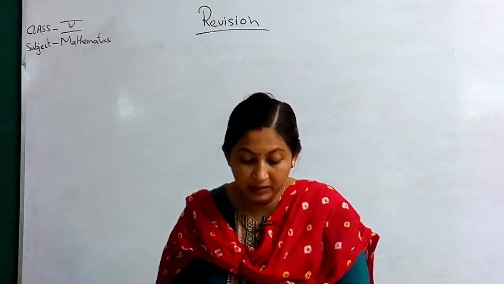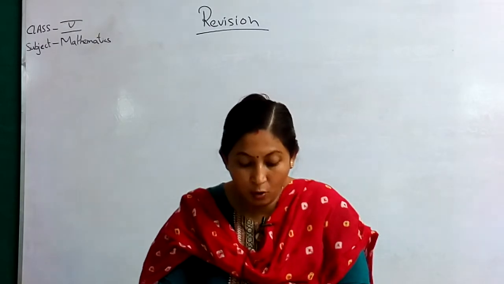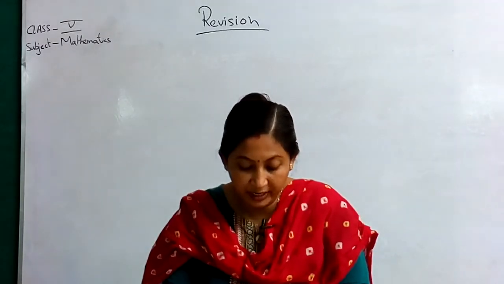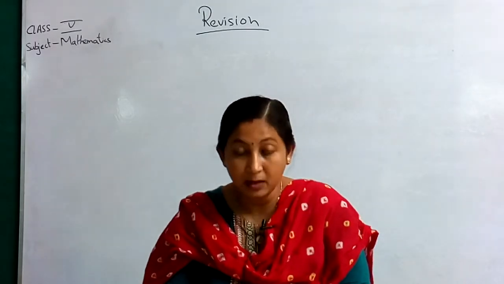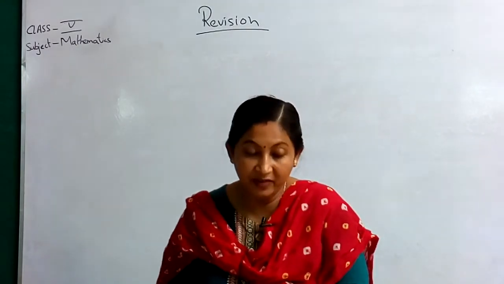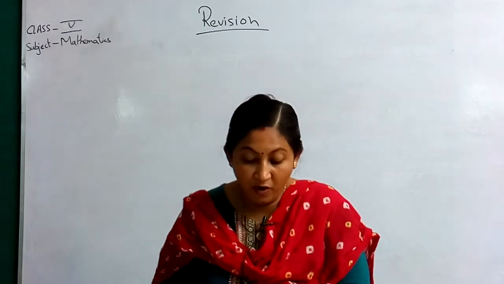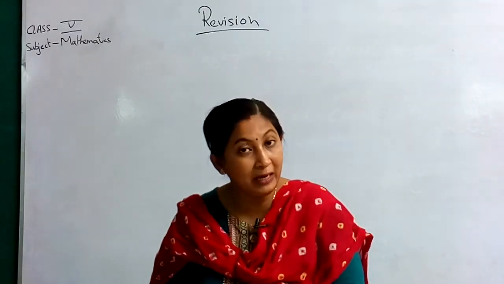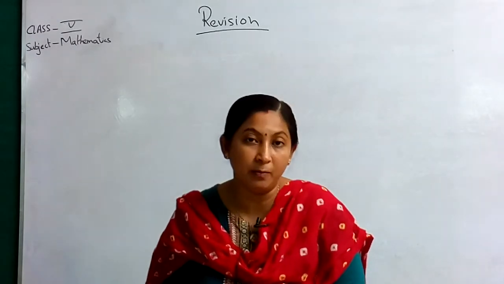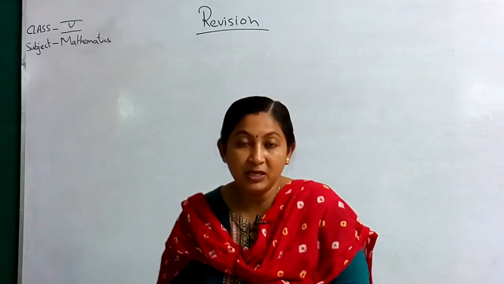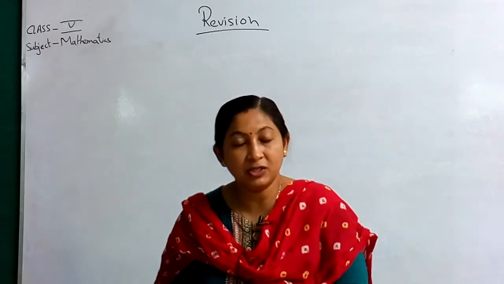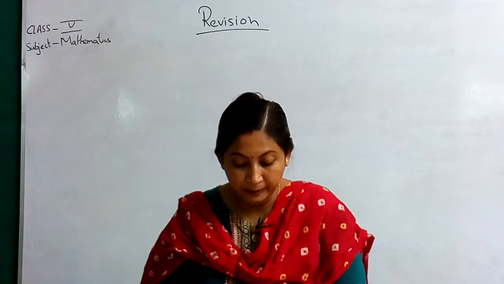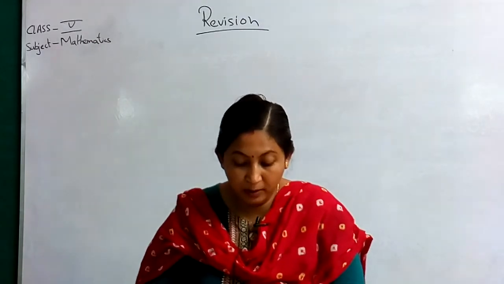Now come to question number 7. A sack holds 560 onions. How many onions can fit in 148 sacks? One sack has 560 onions, so how many onions will 148 sacks have? That also you have to multiply. These all are large numbers. So just multiply and write the answer, or just give a tick mark on the answer. 4 options are given.